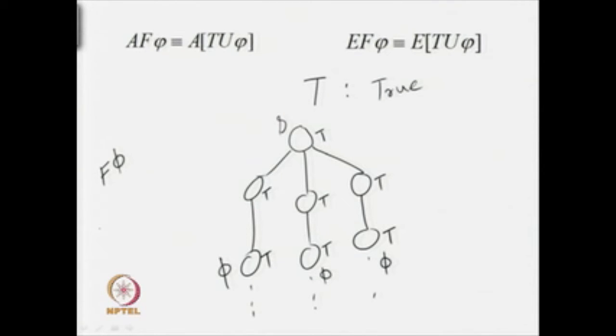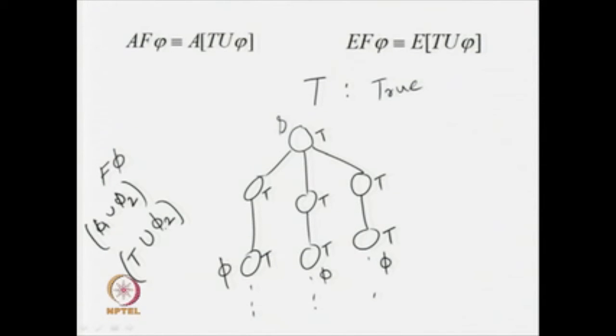And what is the until operator? If we say phi 1 until phi 2, it says that phi 1 should remain true until phi 2 becomes true. Okay. So, in this particular case, now I replace this phi 1 by, say, the top or the truth symbol, true, and until phi 2. So now I am going to have this thing, that means true is true everywhere. So, true until phi 2.